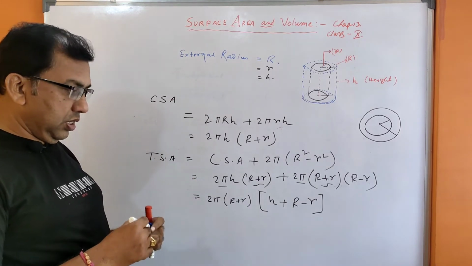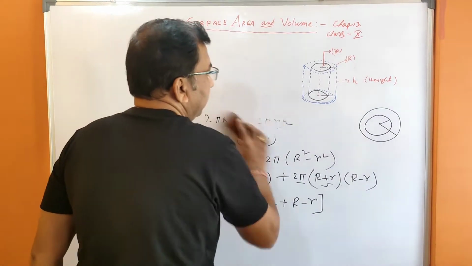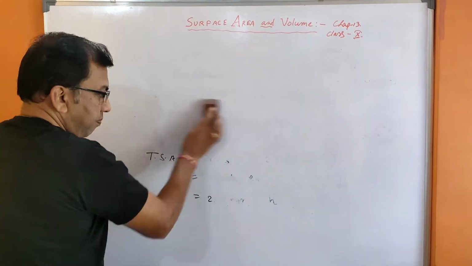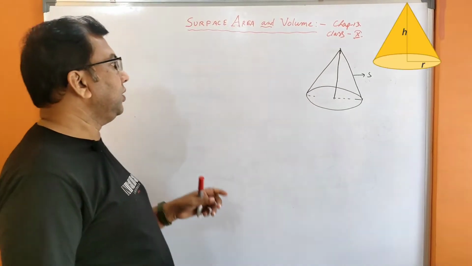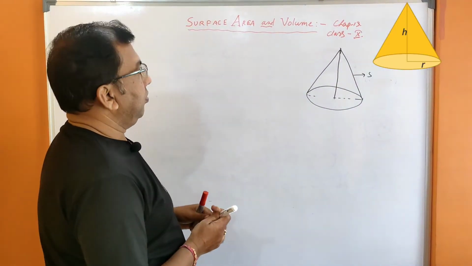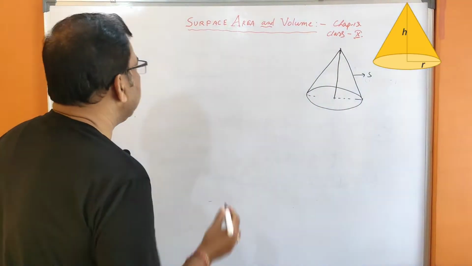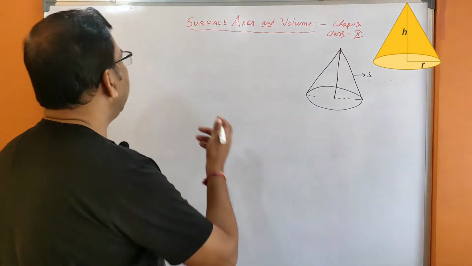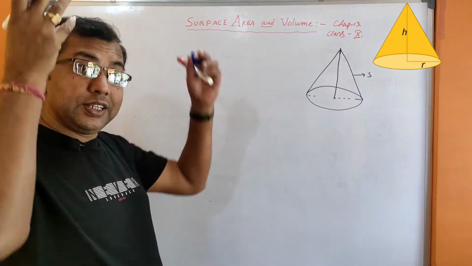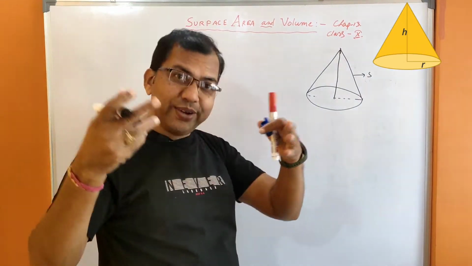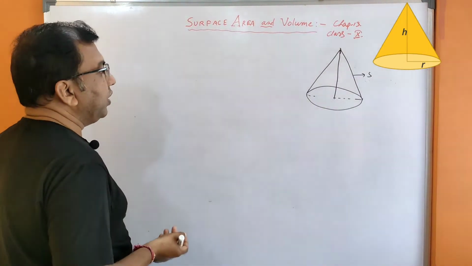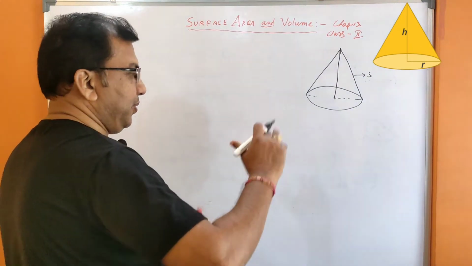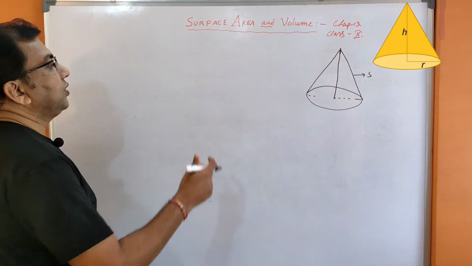Clear? So next it will be cone. Okay. So let's see the surface area and volume of cone. What is the example of cone? Ice cream cone. मिला तुमको? कौन का एग्जाम्पल बहुत है. ओके. तो जो कौला का मुचा है वो है कौन शेप्ड. That's the example of cones.